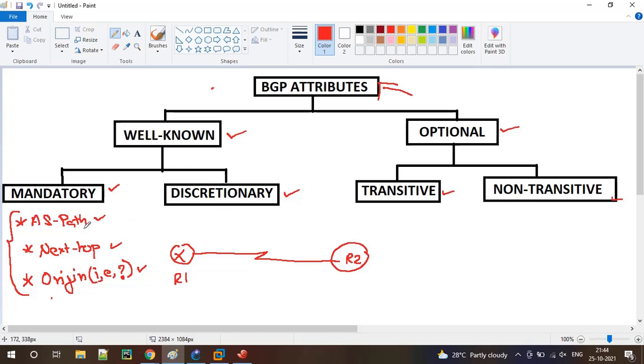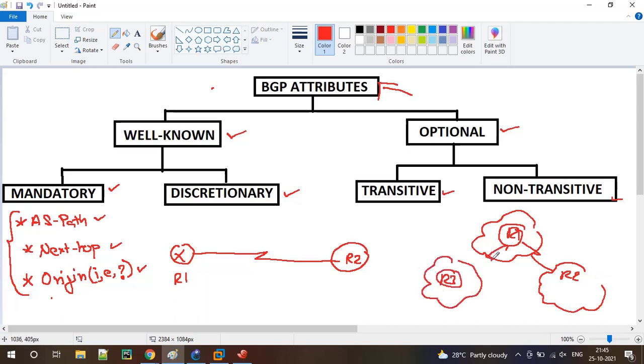Why is this mandatory? Let's say AS path is used for loop prevention. It is a major mechanism for loop prevention in eBGP. Say R1 is in AS100, R2 is in AS200, R3 is in AS300, and R4 is in AS400.